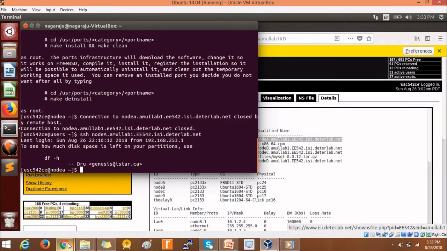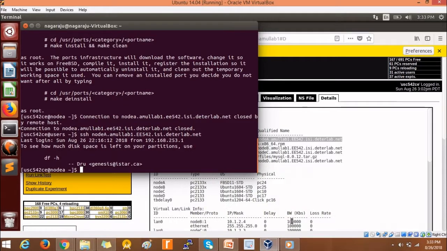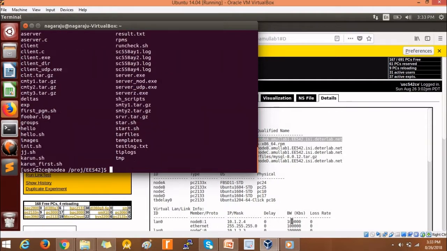The path that I have specified here is the project directory's output.txt. So let's go ahead and navigate to that file. So if I see the content of output.txt,